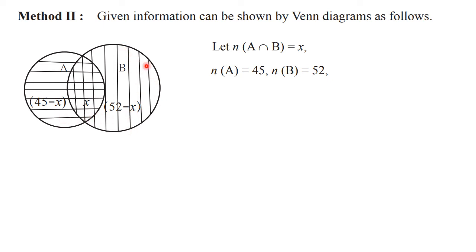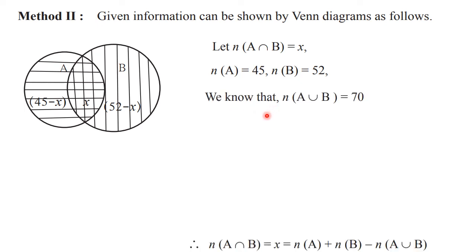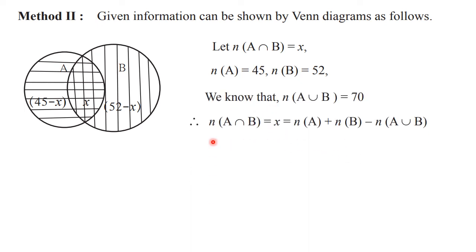And then this total area is n of A union B. Now first I will give you what is given in the textbook, and afterwards I will give you a simpler method which you can use directly from the figure. So let us discuss what is given in the textbook first. In the textbook they have given the formula again. Then what's the use of the Venn diagram? According to me, they should not give this.